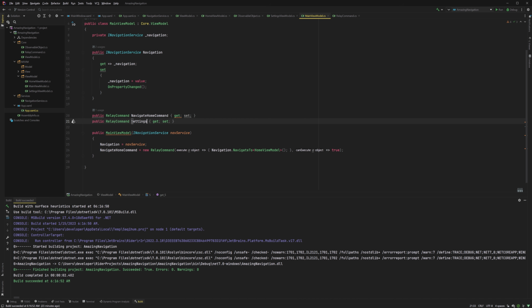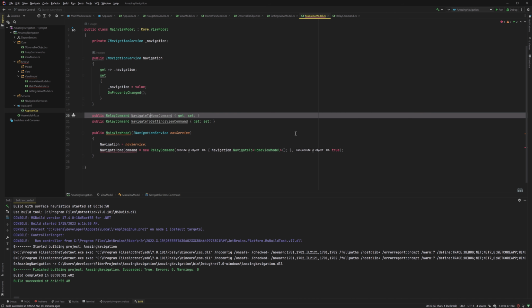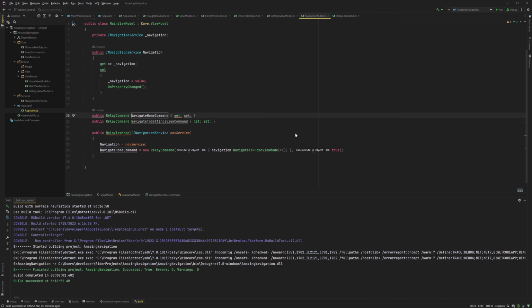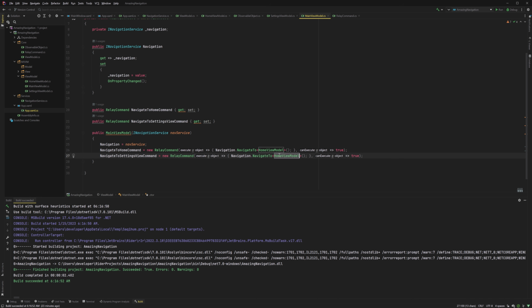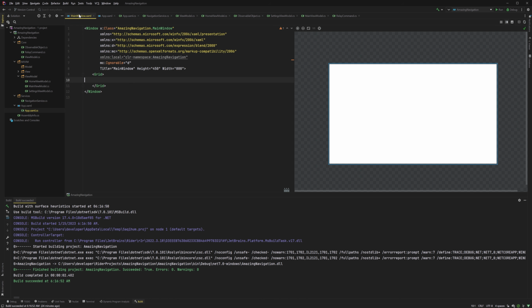So NavigateSettingsCommand. There we go. Refactor this by renaming, NavigateSettingsCommand. There we go. We can copy paste this one, just change the name, and obviously just change the type. SettingsViewModel. Perfect. Heading over to the main window, which this view model is bound to in terms of data context,